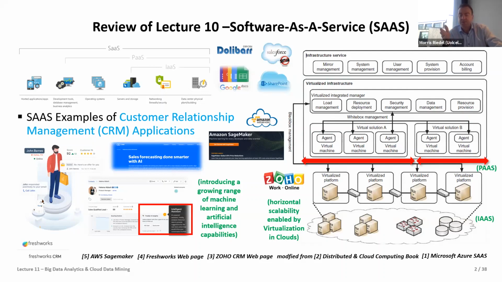Here, virtualization can be much better used, for instance, in versioning of software. If you remember the last time I said A/B testing, or having, let's say, a research version of the software in the cloud available for trying out new features. So you have exactly the same cloud service twice, but one is the production one that is basically for the